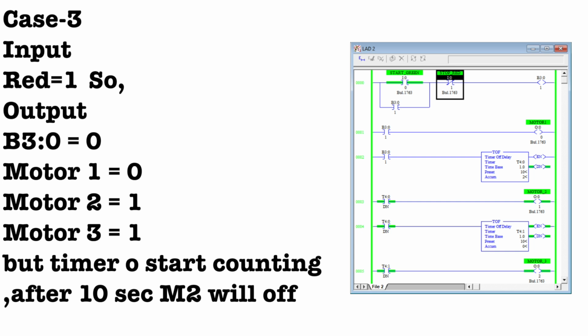At the same time, similarly, my done bit is connected to the second timer. So the second timer done bit is also high. That's why motor 3 is also high. So what happened in this case, when I press the red button,